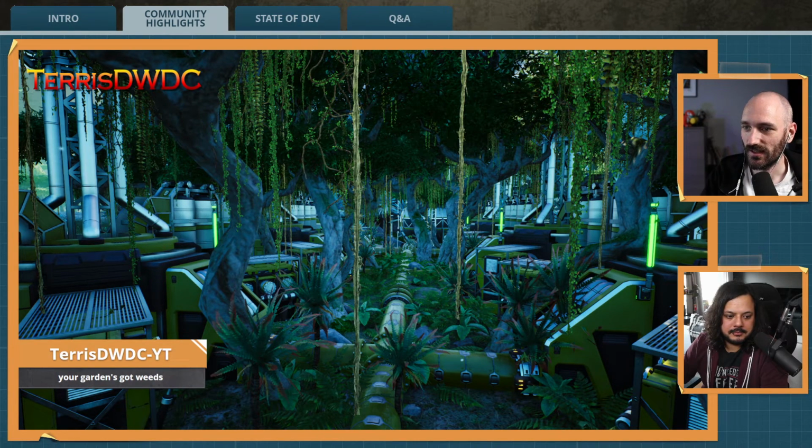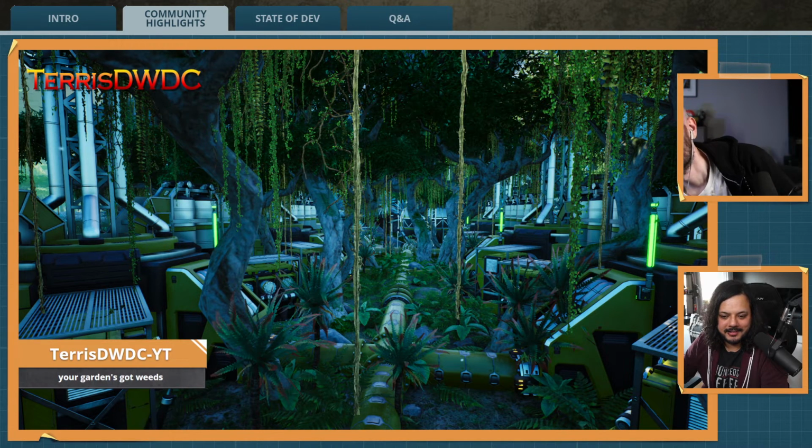But so this one is from TerrisDWDC-YT. This is what their factory looked like when they booted up update 6. Looks like it's been reclaimed. Yes. I don't know. It's kind of a good look. I would say don't tear those trees down. It looks super cool. Yeah, it looks great. It really looks weird. There's some stuff. It looks like